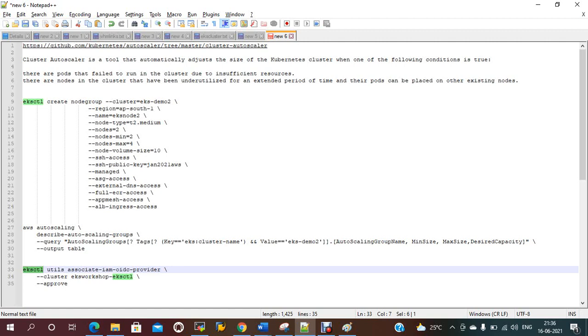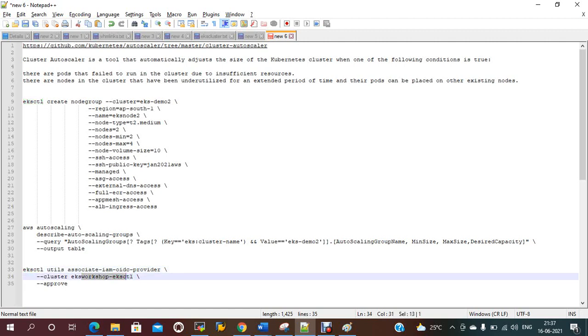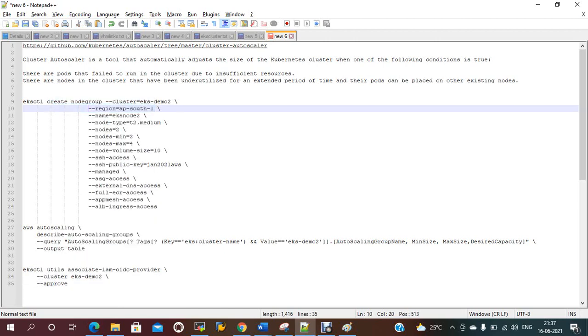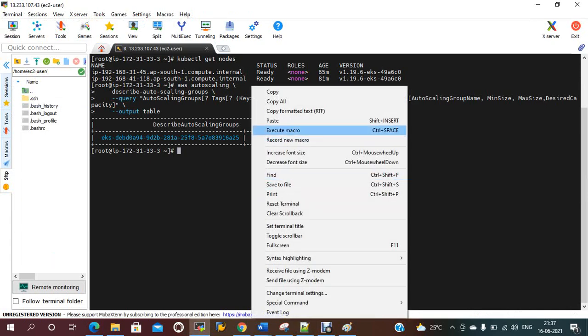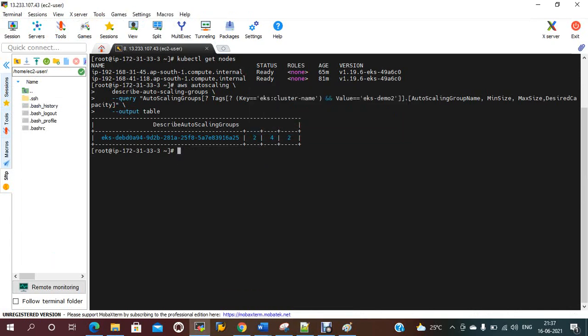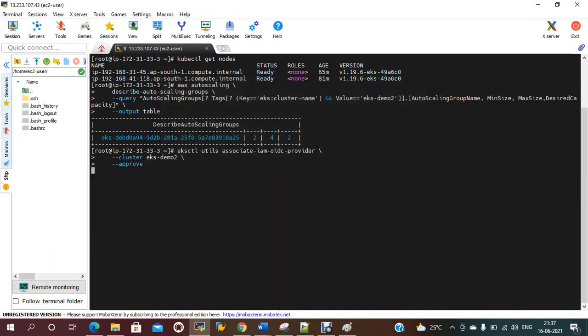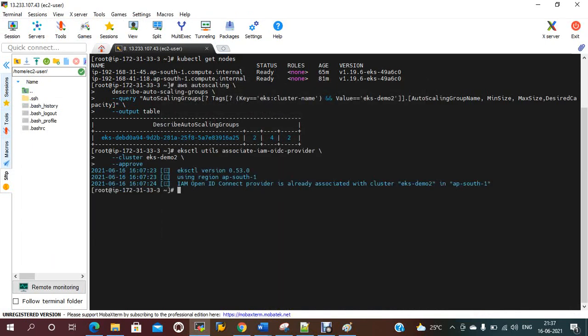So eks-demo-2, this is my cluster name, and I am approving. Now this is done.